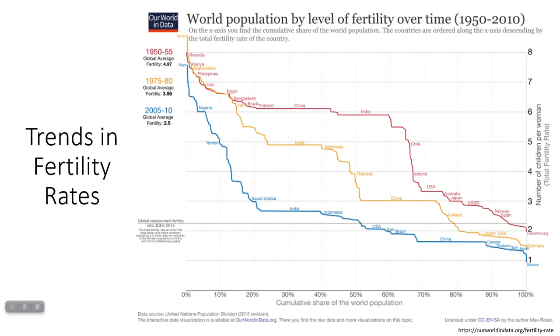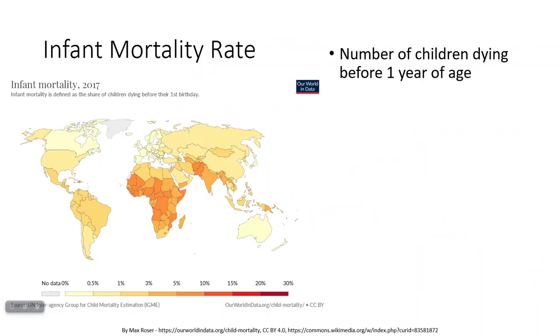So, how have fertility rates been changing over time? Well, you'll see in this graph, the red represents in 1950 to 55 the total fertility rates of various countries. So, for example, China and India were both at about 6 children per woman. Nowadays, you'll see China is less than 2 per woman, and India is at about 2.5. This is a graph up to 2010 is where the data is. And you'll notice that the total fertility rates have just been dropping in most countries as time has passed.